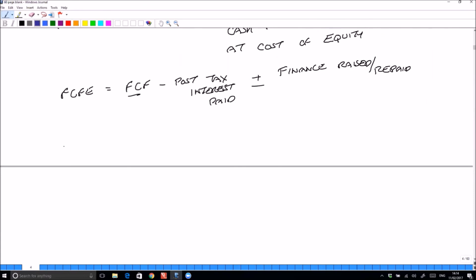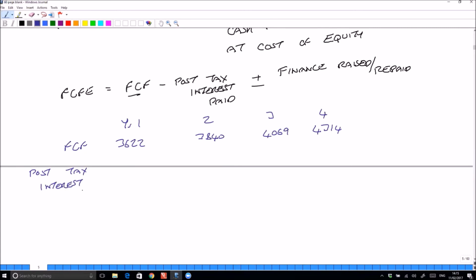We can start with the free cash flows, year 1, 2, 3 and 4. And I think we had what? 3622, 3840, 4069, and 4314. What do we need to take away? It's the post-tax